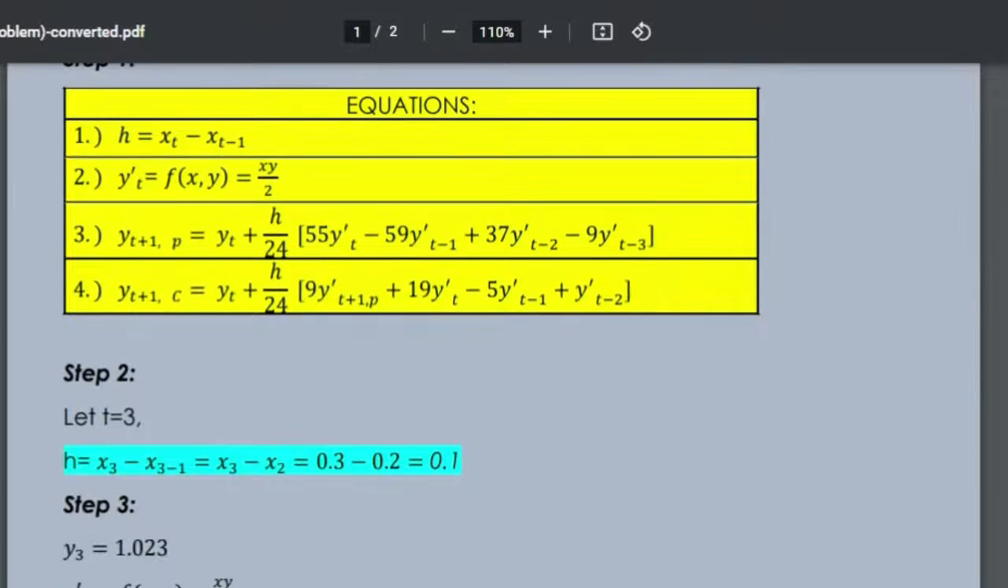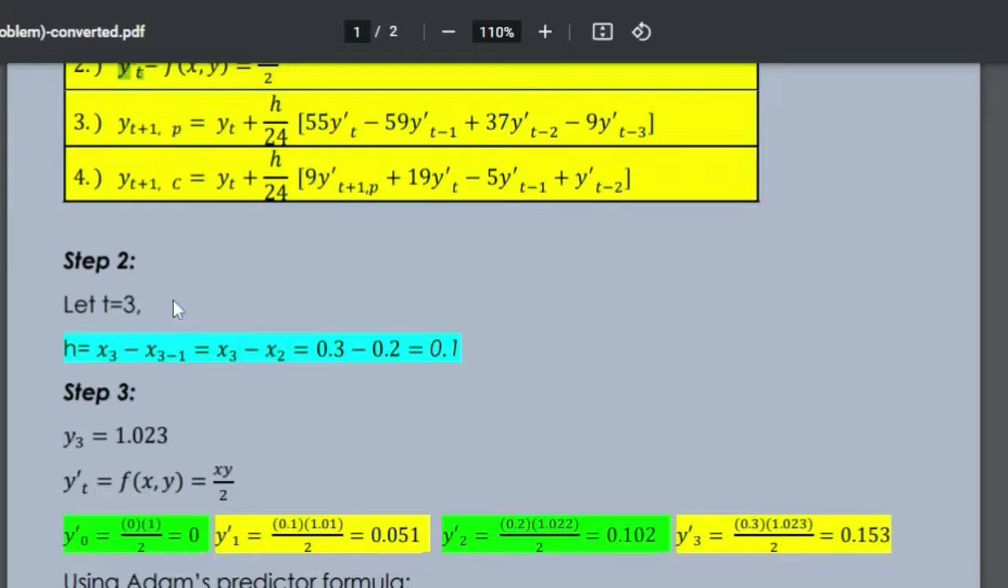So step 2, after step 1, guys, is the formula for getting the h. The second formula is y prime sub t. The third formula is y prime sub t plus 1 p. The p there means predictor. And the fourth equation is y sub t plus 1 c. C is for corrector. So for step 2 here, guys, obviously t equals 3,